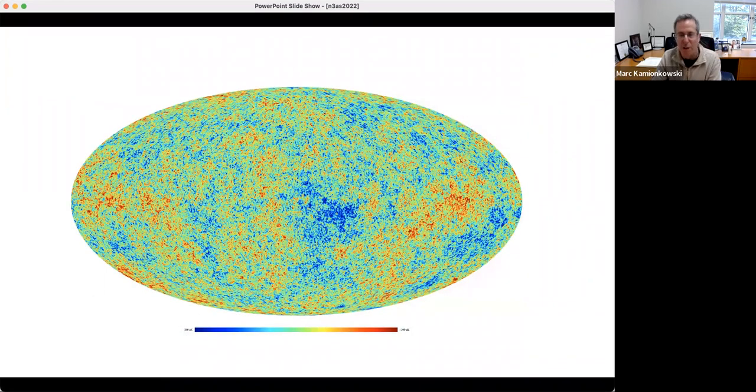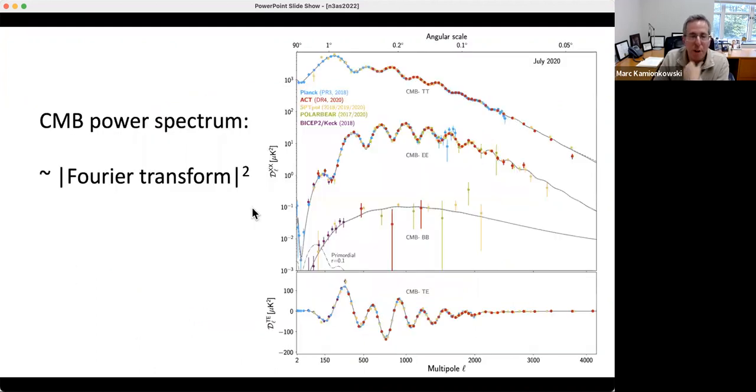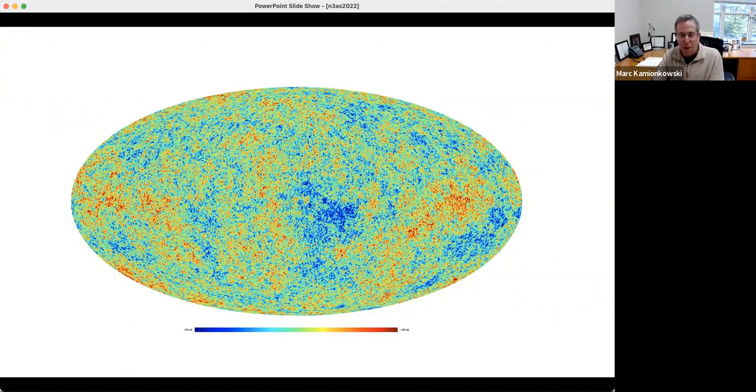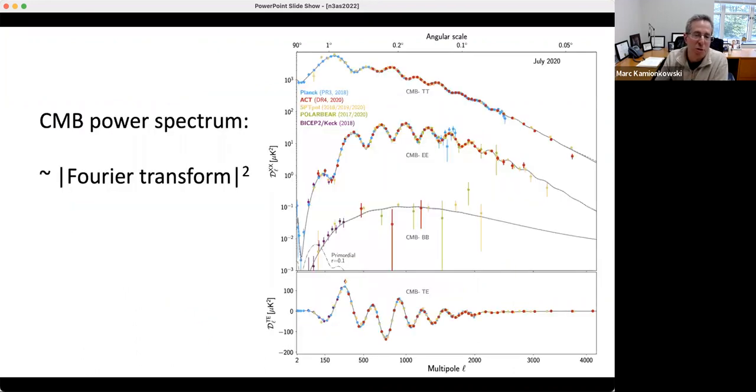This is the image that we have of that cosmic microwave background. We measure temperature contrasts of roughly 1 part in 10^5 with an angular resolution on the order now of a few arc minutes. So we have the brightness of the CMB temperature, or the intensity of the CMB, in several million pixels across the sky. The way we look at this map is in Fourier space. It doesn't look like much in configuration space, but we can take a Fourier transform and then square the Fourier amplitudes and plot them as a function of the multipole moment, L, where higher L corresponds to smaller wavelength fluctuations,